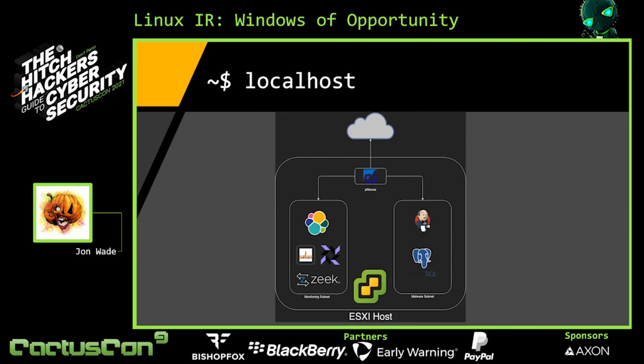We also have OSQuery installed there in case we want to do any ad hoc information collection, or things that we're not going to get from logs. Within Elastic Security itself, we're only utilizing the default detection set that they provide. We haven't created any custom or targeted detections, anything like that. And then everything you see here is open source. It's free. Guides are pretty easily accessible. For the monitoring side of the house, we're going to use some Suricata, some Zeek, OSQuery obviously over there. The whole thing is built on ESXi, so VMware.